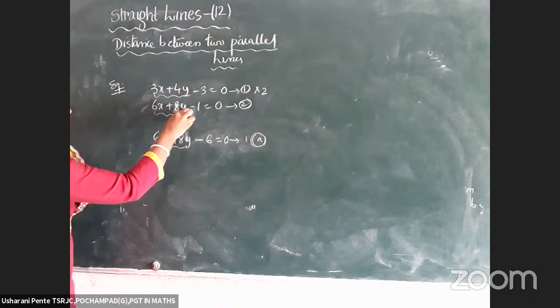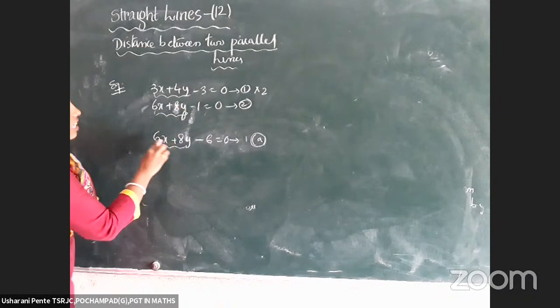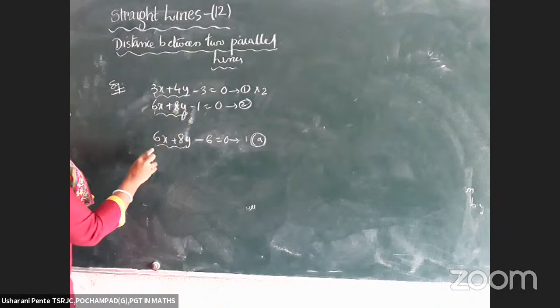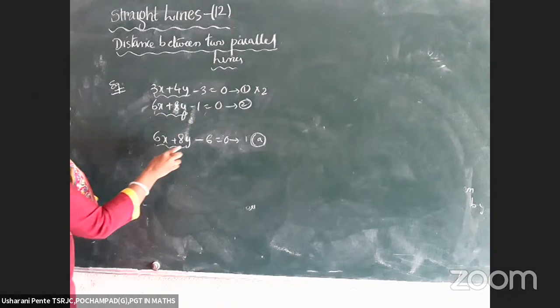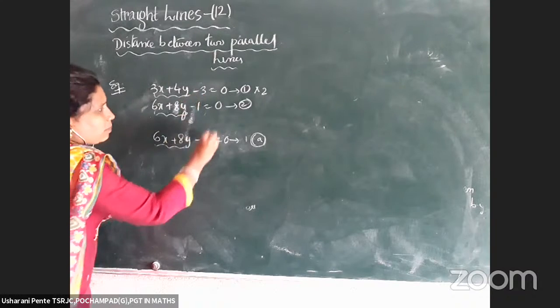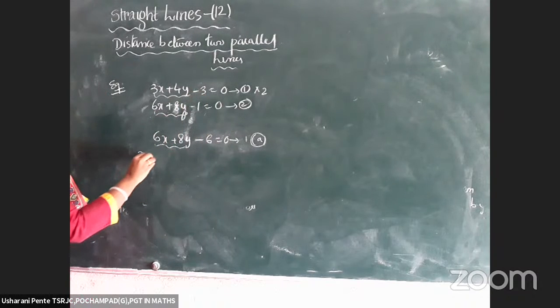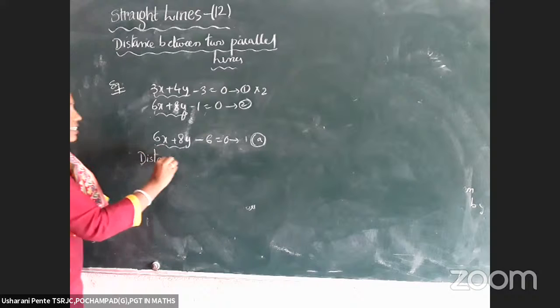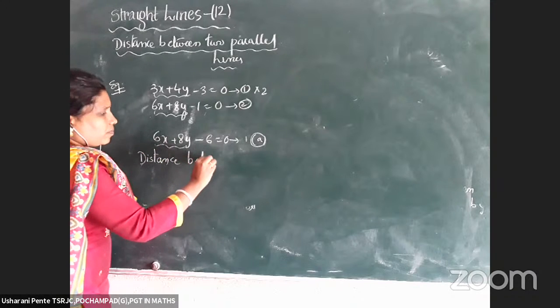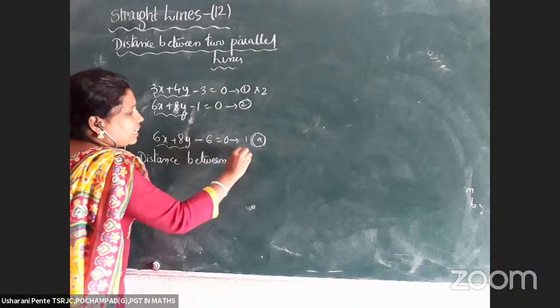Here we have 6x plus 8y, here also I have 6x plus 8y, and they differ by a constant. So the distance between the parallel lines is given by